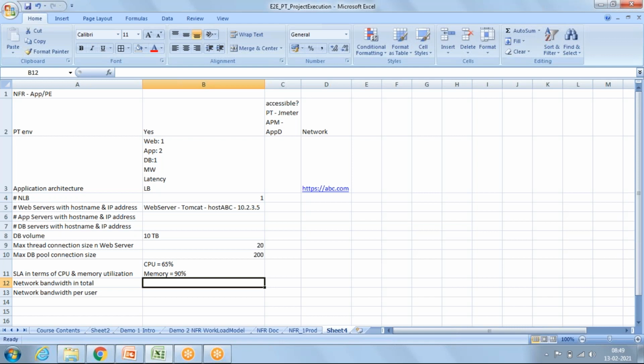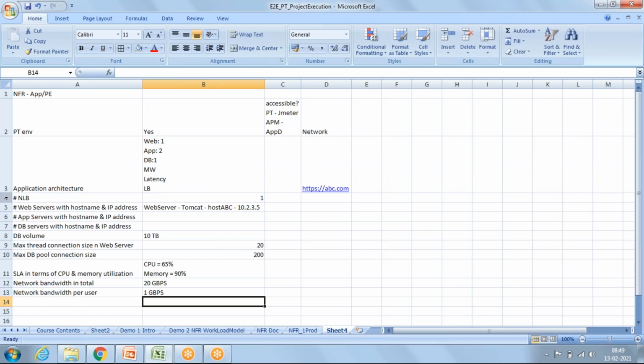The network bandwidth in total, suppose 20 Gbps, and per user, the application is having 20 connections, so we can say 1 Gbps. So all these requirements we capture.